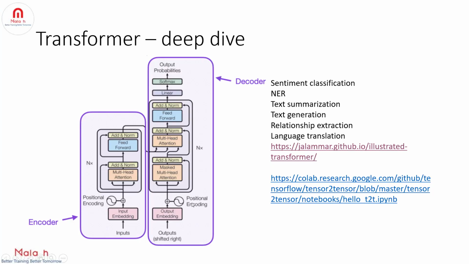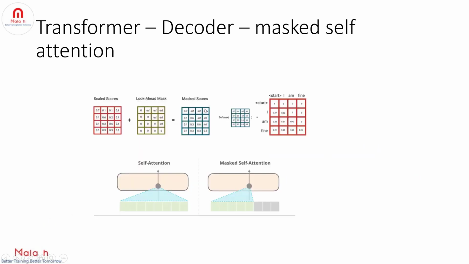All right, so now let me ask you a question here. What is the difference between BERT, an encoder, and GPT, a decoder model, right? BERT is an encoder model. In an encoder model, every word knows the context of every other word. That is, it is bidirectional. Whereas GPT, a decoder model, only knows the previous words' context in order to predict the next word, right? Because the remaining scores will be masked. It only knows that word's score and the previous scores, so it can predict the next word, right? So that is the only difference between encoder and decoder based models.